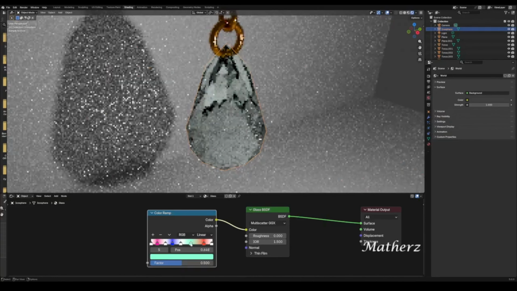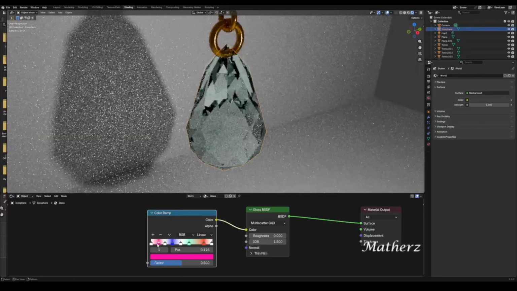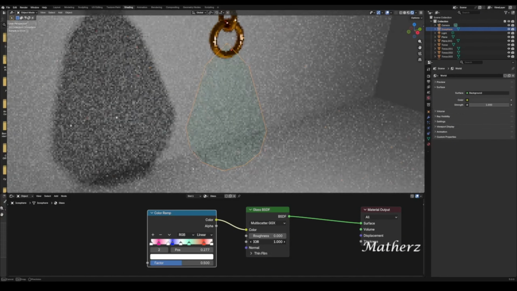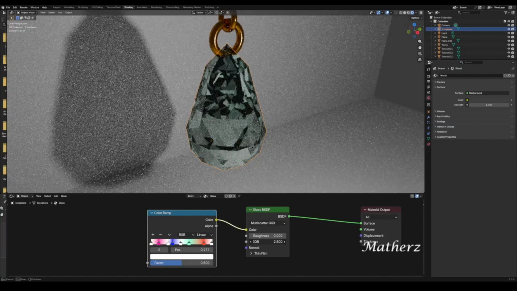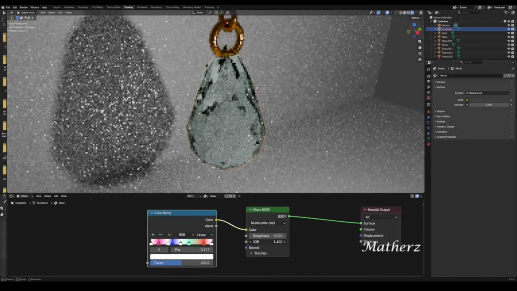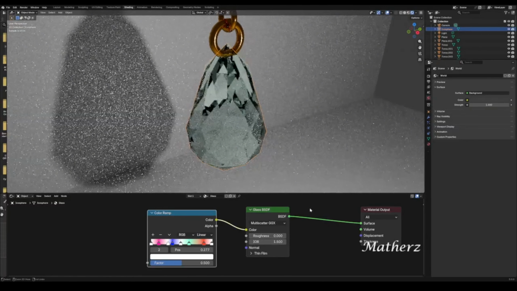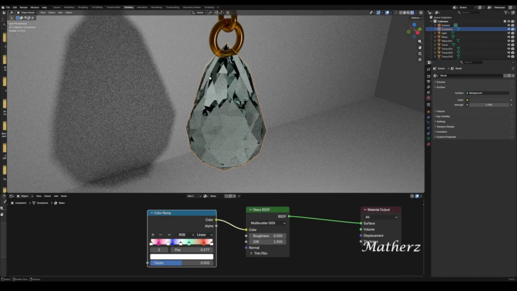You see how I move this and it changes tone? You could kind of pull that blue a little bit, that pink, if you wanted to. So just play around with it, see what you can do with it. I quite like that actually. You can also mess around with the IOR if you wanted to. Kind of make those folds a little bit deeper, make them less. That's something you can do. I'm going to put this back to the original. There we go. Okay, so what I'm going to do with this, I'm going to put some lighting on it